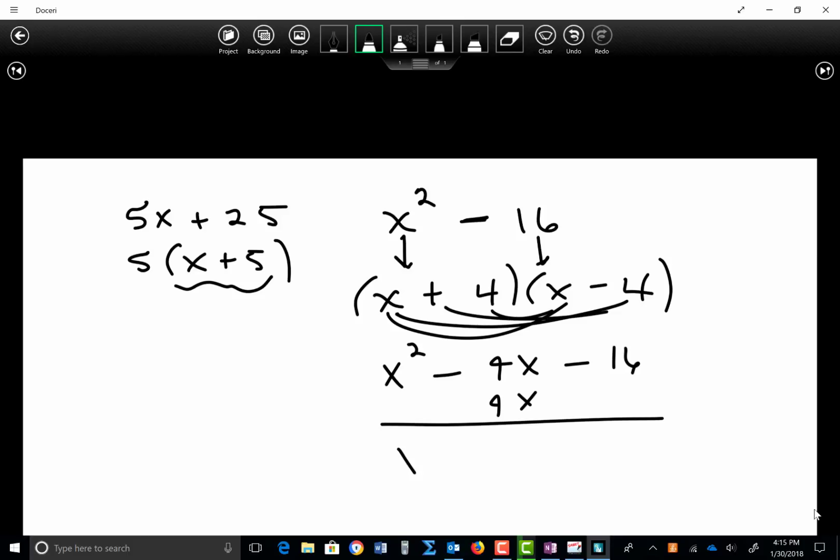So if I add that, this cancels and I get x squared minus 16. So that's what we're doing with the difference of squares. So anytime you have two things on each end like that, you're going to split them apart. So the way this relates to trig